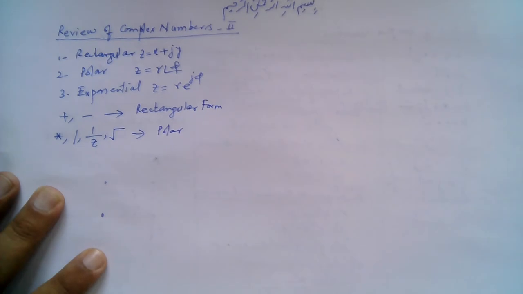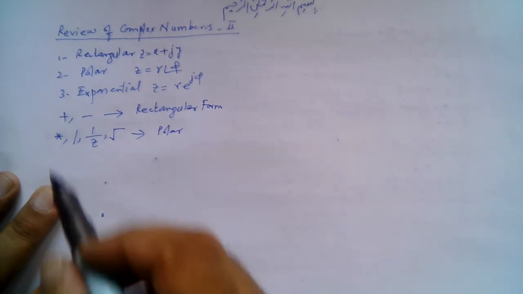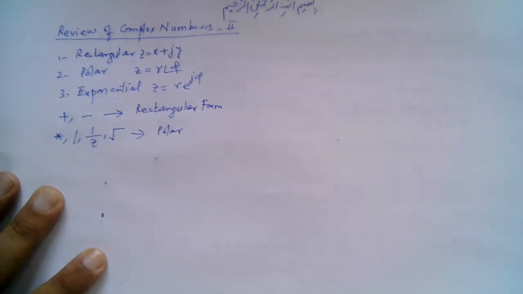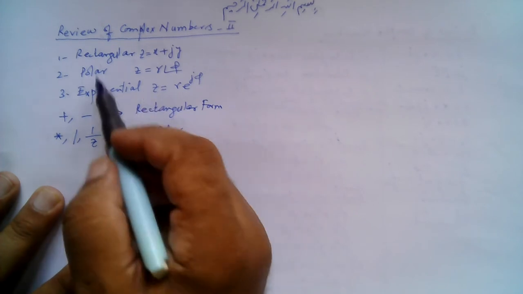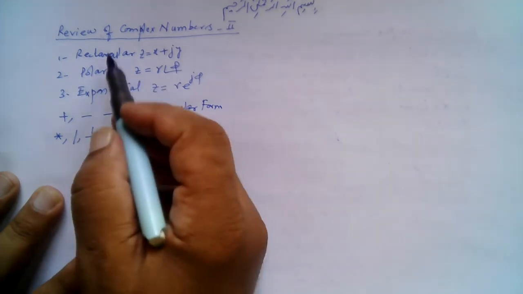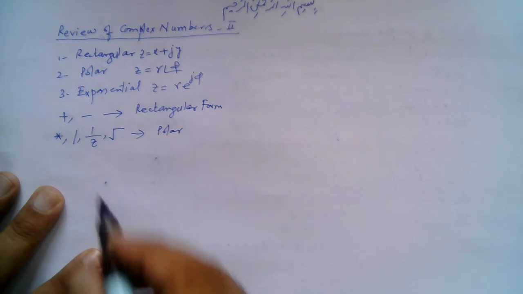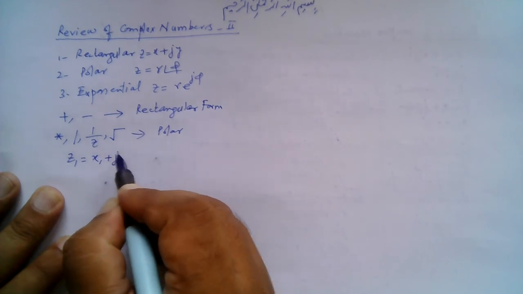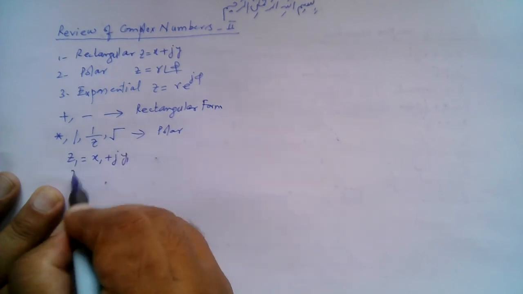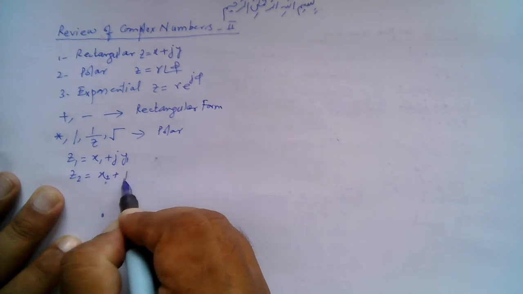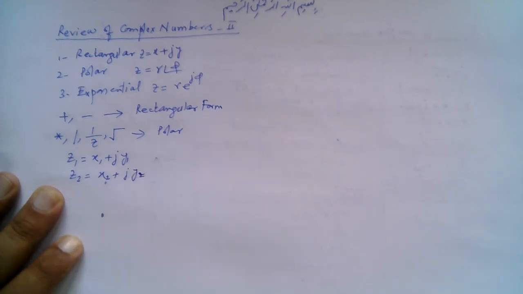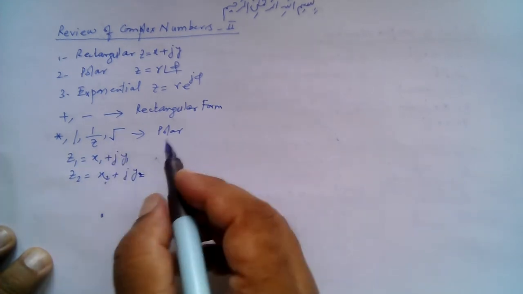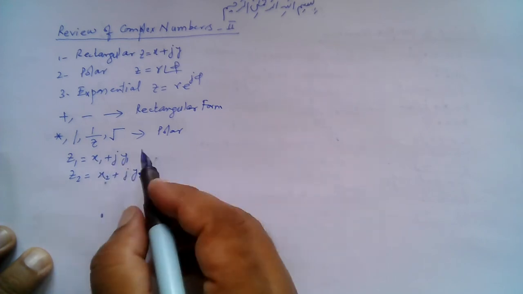or exponential form. We usually will be using either the rectangular or the polar form. We will seldom be using exponential form, right? Because this is the implied form. Both are similar, so we will be using the polar form or rectangular form. So for example, if we have two complex numbers, z1 is equal to x1 plus j y1, and z2 is equal to x2 plus j y2. And if we want to perform addition, subtraction, multiplication, division or certain other operations,